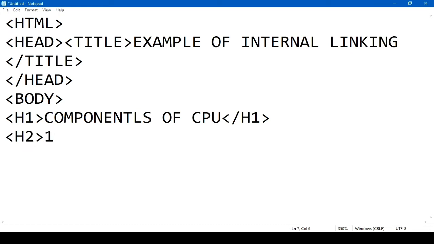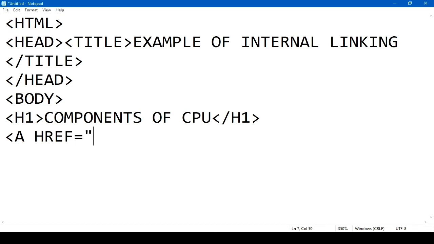Then student, h2 tag. Now student, define the anchor tag with href attribute. And then give the value with hashtag ALU, anything you can give.